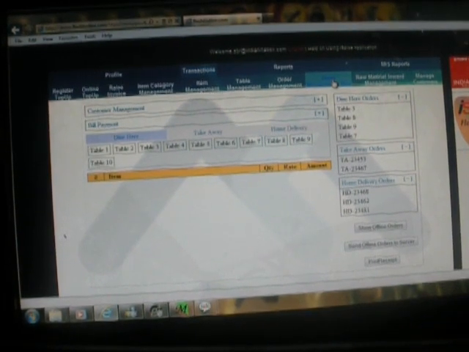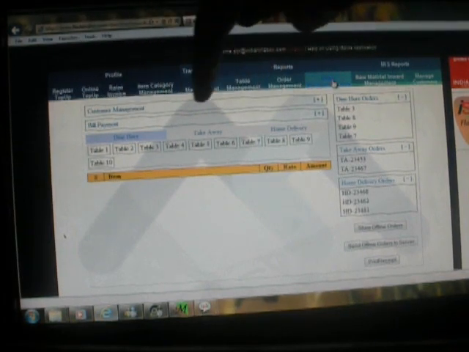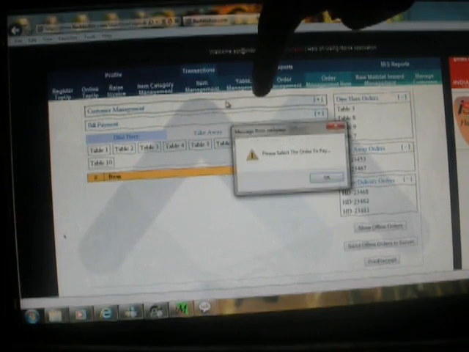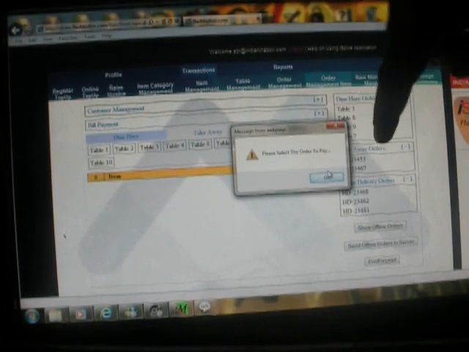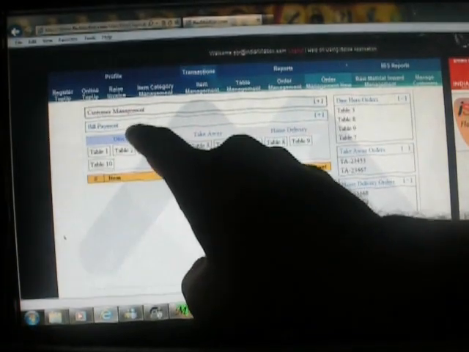Now if you see this whole panel, you can see it is configured as a single screen. The beauty about this order entry screen is it's a single screen. Everything is there on the same screen. You don't have to traverse between multiple screens. This particular tab, customer management, is to capture the details of the customer. I'll take you through it. This tab, bill payment, is for taking the payment. Then you have this dine-in,